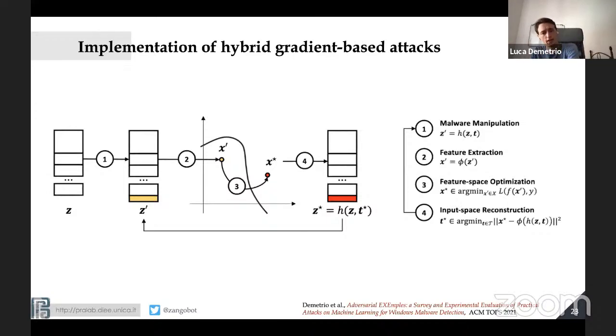Then you put it inside the feature space and apply gradient descent, because you're minimizing that function in the feature space, and those things are differentiable. Then you arrive at X star that maybe is already an adversarial example, and you try to reconstruct it by finding the best T that produces Z star that is close enough to X star in feature space. Then you repeat the process until you find an adversarial example.